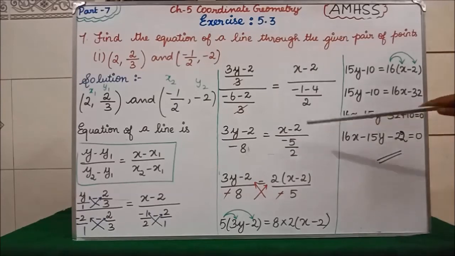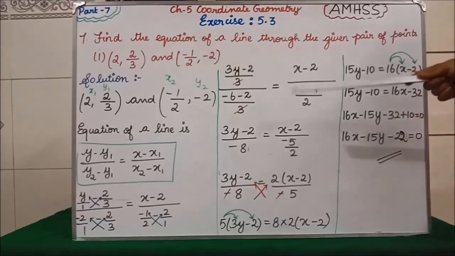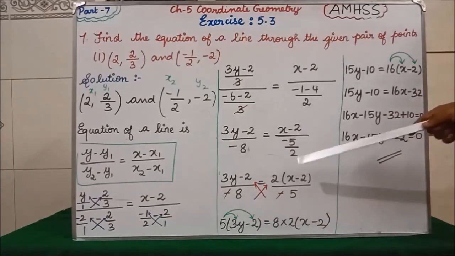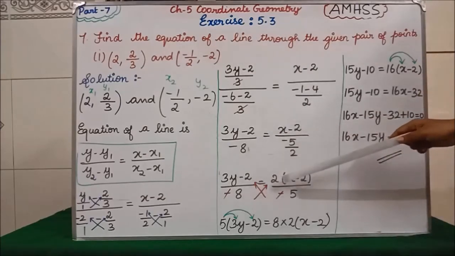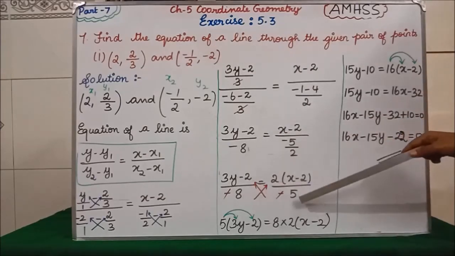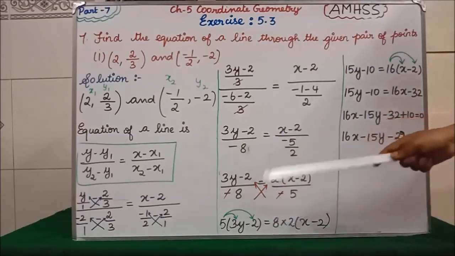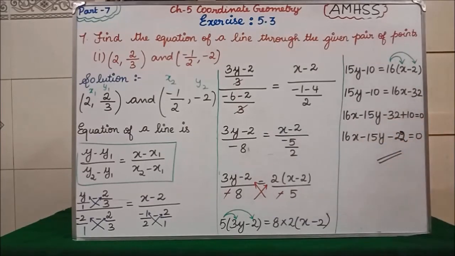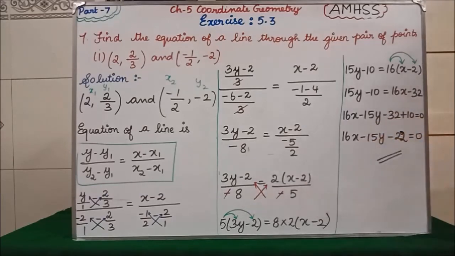Clear? The next step, this again here in denominator one fraction. So this 2 will go up to numerator. It will become reciprocal. So this we are writing as such. This 2 will go up means 2 into x minus 2 divided by minus 5. Both the left hand side and the right hand side we are having minus. So cancel that minus. After cancelling we are doing the cross multiplication. 5 into 3y minus 2 is equal to 8 into 2 into x minus 2.